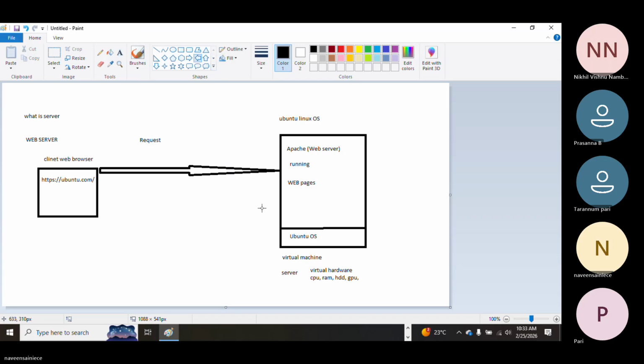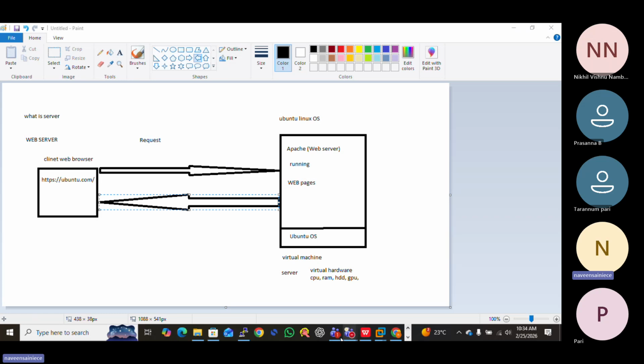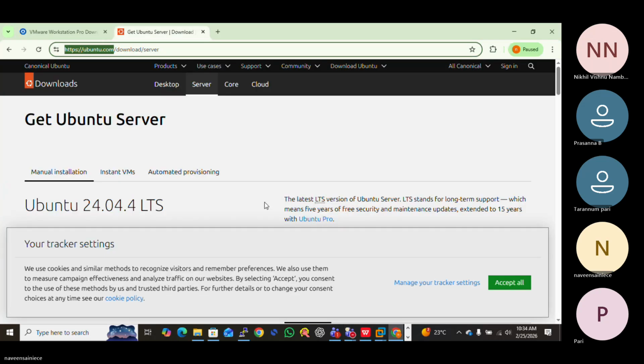So what will it actually respond with? The pages, web pages, because they are stored on the Ubuntu machine, the web server, and it will serve them. That's why here you are seeing this page. So the mechanism of the web server is understood.